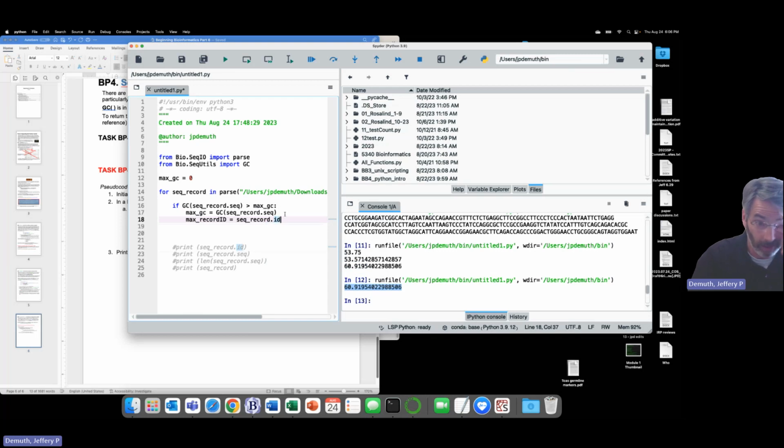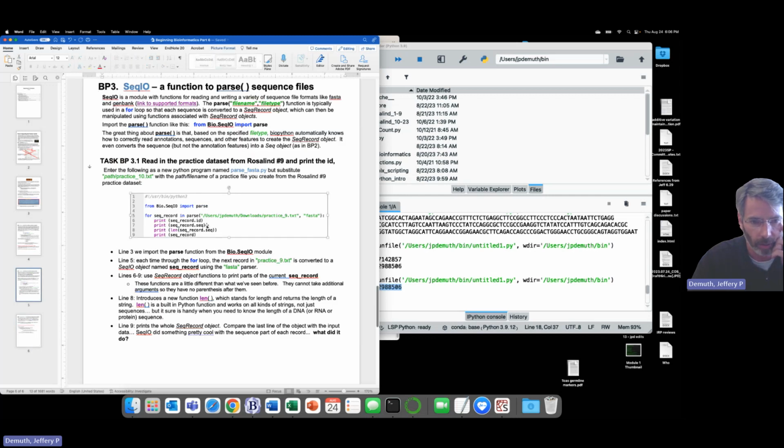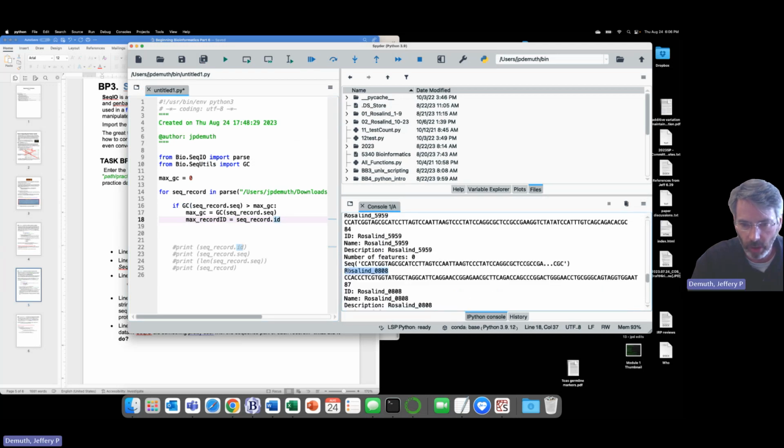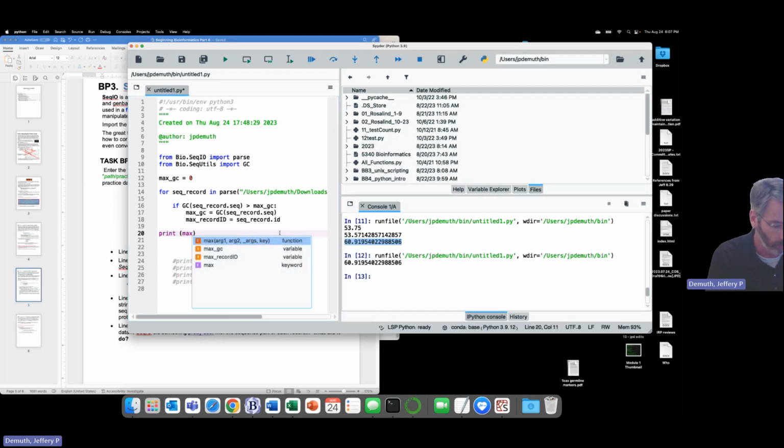Remember a couple minutes ago when we were using the functions of the Seq objects. Back here, when we did SeqRecord.id, it printed just the header line, or just the ID. It would give us just this bit. That was the output of SeqRecord.id. So now the max record ID, whenever this is true, is going to be our SeqRecord ID. Our code was working to get the right number, so in principle, whenever it's on that SeqRecord, it should give us the correct ID. And so now what we need to print is max record ID,